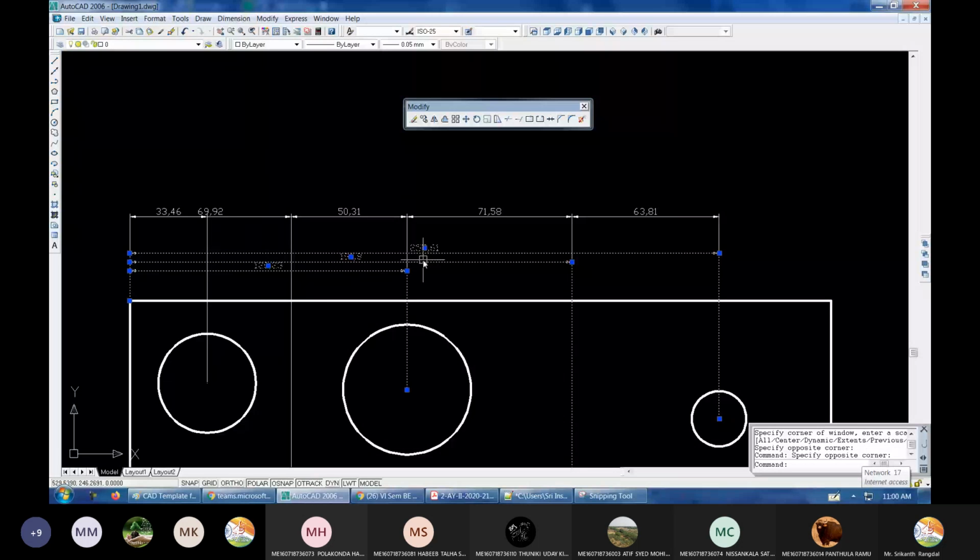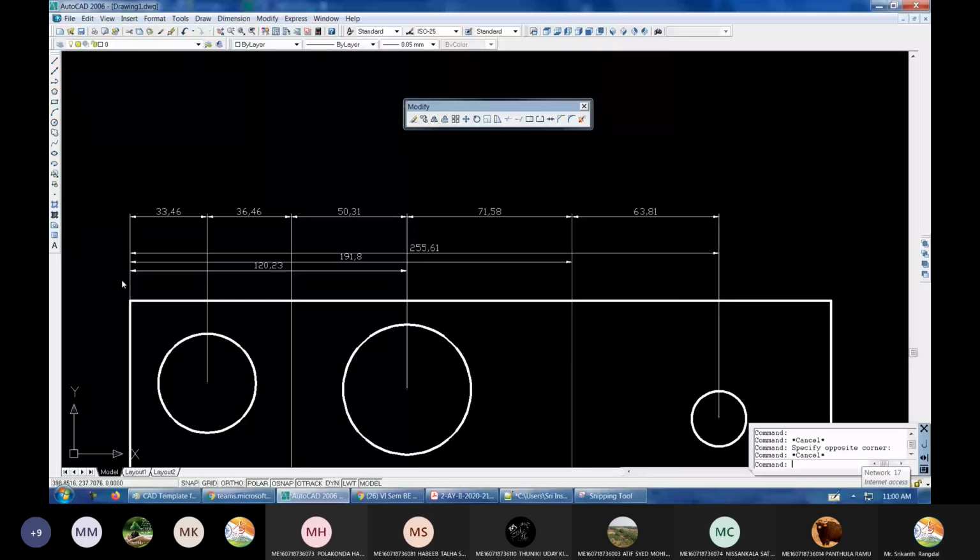So continue will continue from the previous point. So this was starting from here up to this center. Now the next dimension is starting at the center to the next point. The next dimension is starting from the previous point, going to the next. So this is called continuous dimension, and this here is called baseline dimensioning.